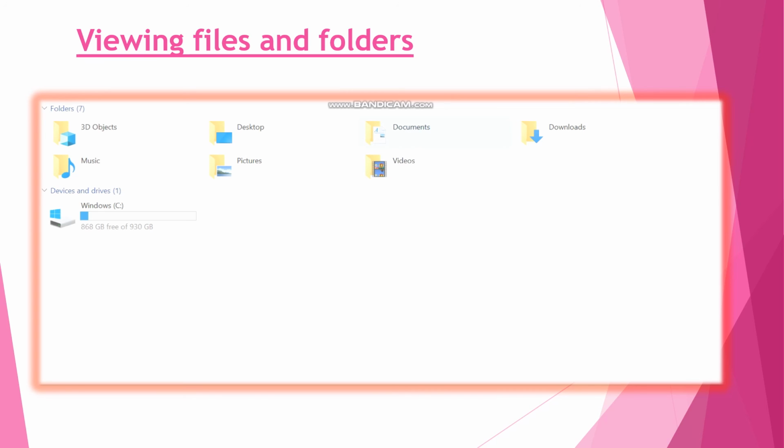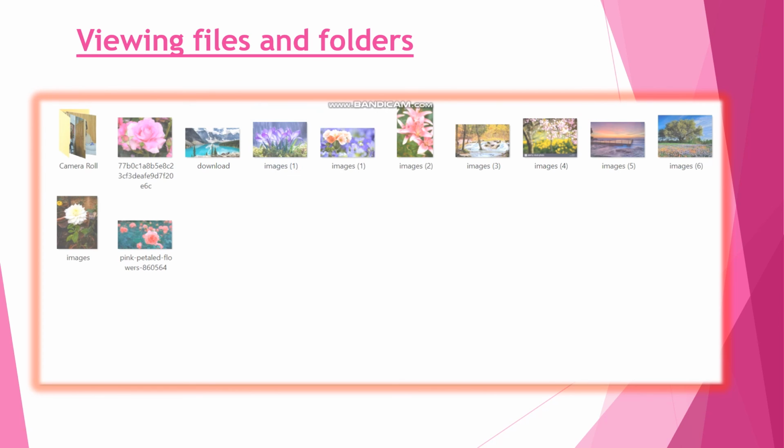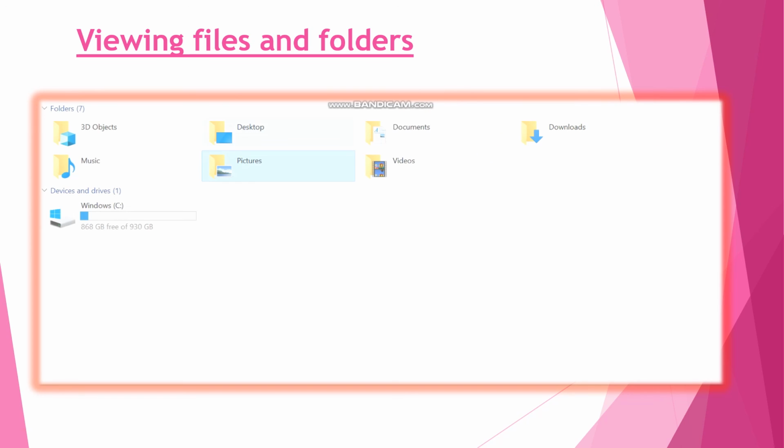Suppose you are downloading any document, it will straight away go in this folder. If you are downloading any picture, straight away it will go in this folder, so that it is not difficult for you to again reopen it. Suppose if I click here twice, you can see these are the pictures I have downloaded. So again you can come back and you can see this documents, videos, pictures and music folders here.